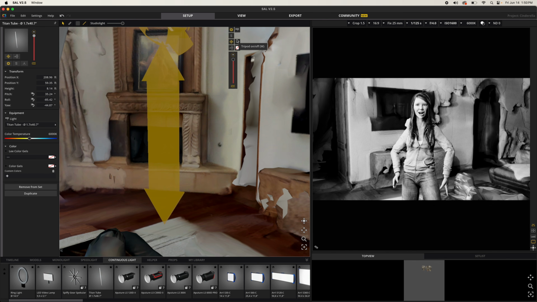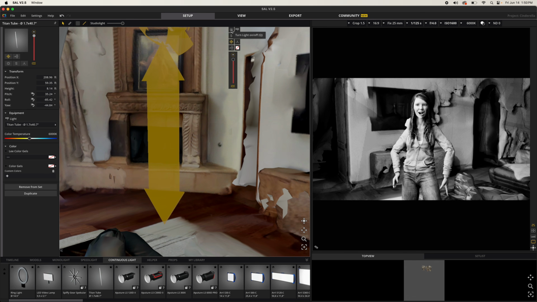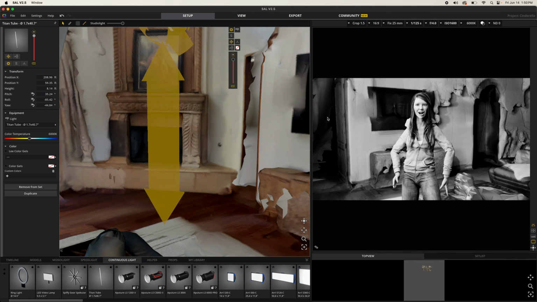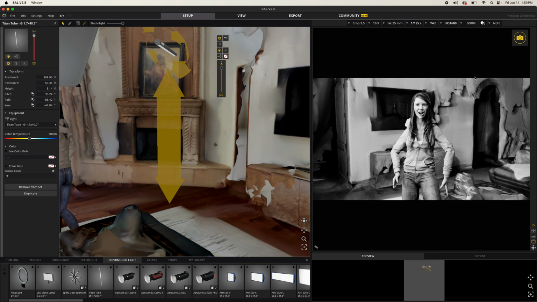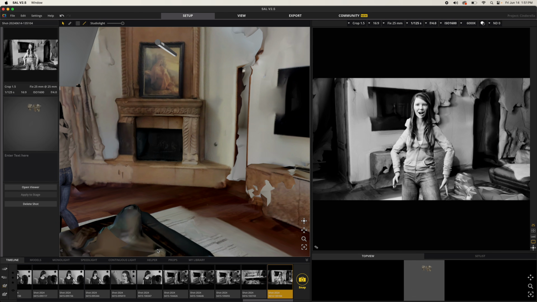Now, if we want to audition the light, we can come up here and turn the light off, or we can turn it on. Okay, so it's adding a little bit of an edge there, so that's nice. So let's just say we want this to be our frame here. What we can do is come over to this window and take what's called a snapshot. Now there's a lot of things this is doing besides doing a screen capture. So we'll select that, hit that, and then we'll come over to our timeline and you'll notice that it's saved